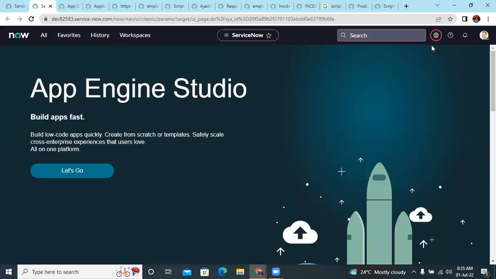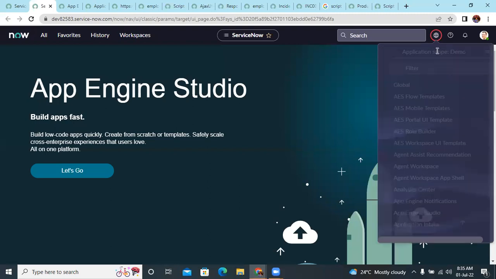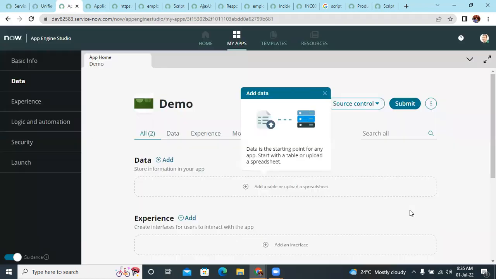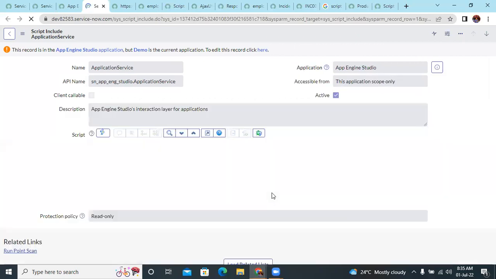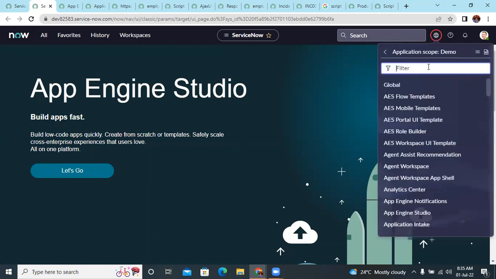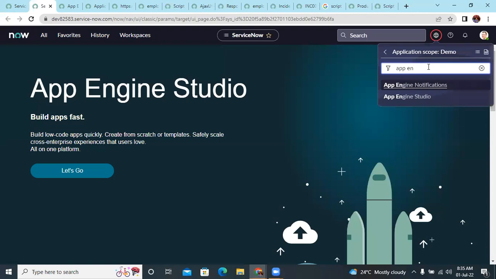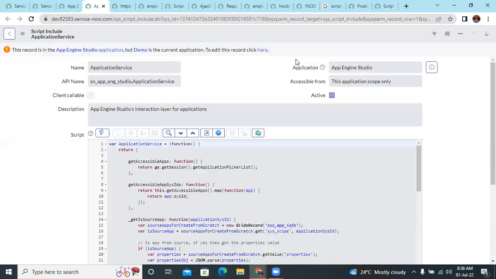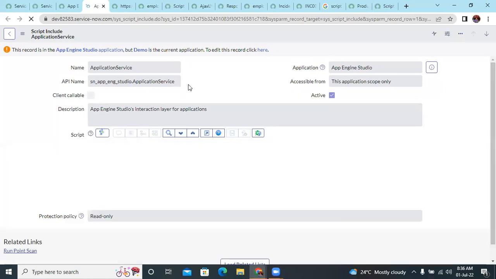So now I have selected demo. I'll select App Engine Studio. The scope is App Engine Studio. If I refresh it,